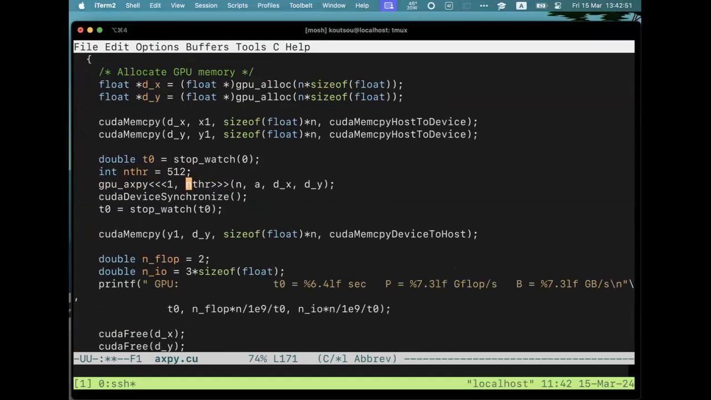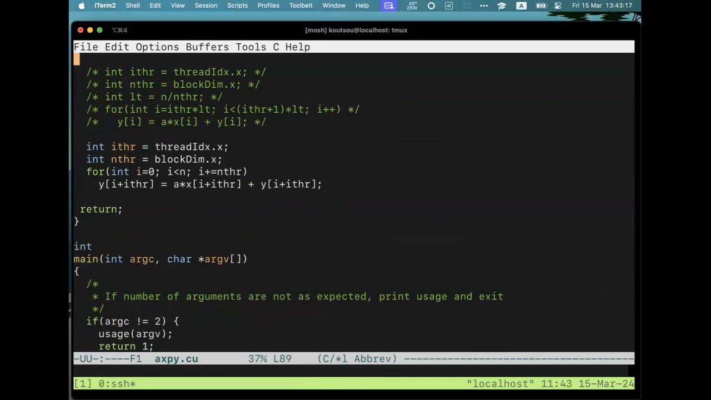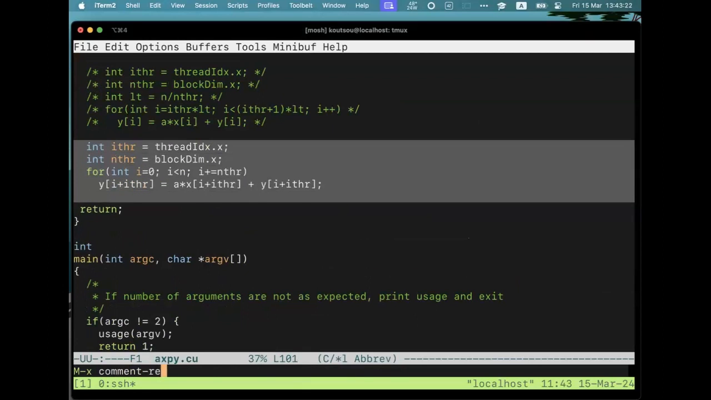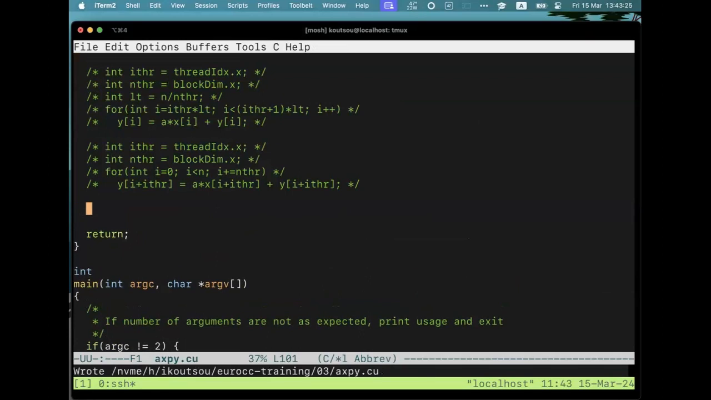Okay, but now let's do this: N over nThread blocks. So the number of blocks times the number of threads is now the number of elements in the array. And I can allocate one thread to each element of this huge, big array that I'm processing, okay? What does that mean? It means that if I get the global index, so let me comment this out again, like this, comment region. So what does this mean? If I get the global index, like I explained to you before,